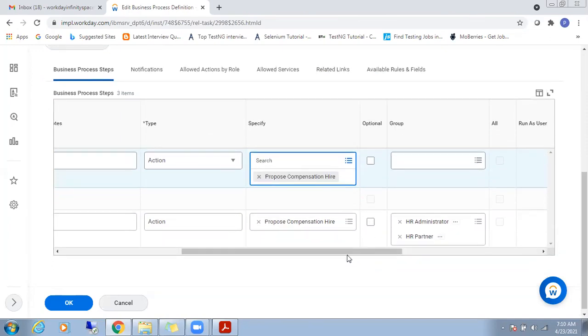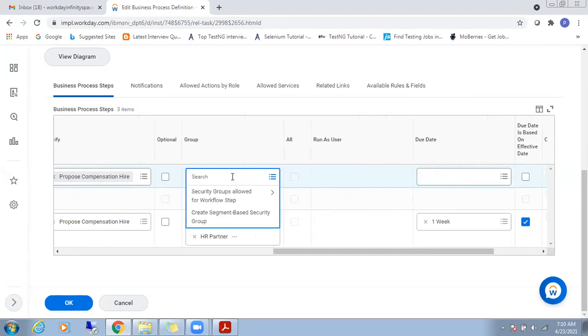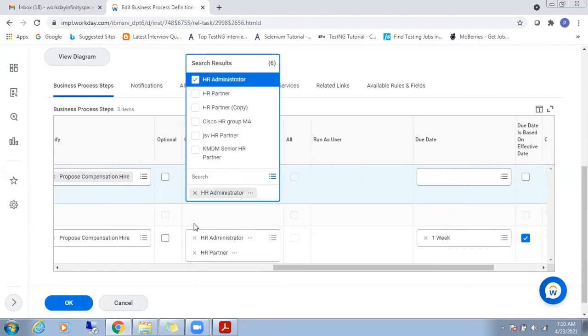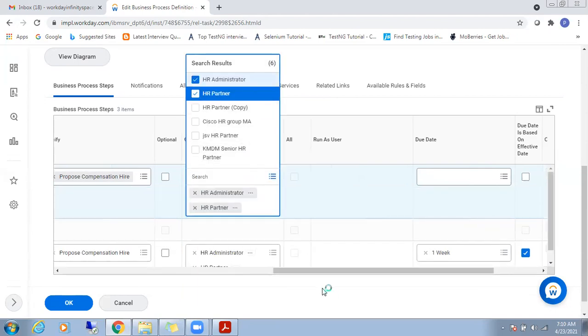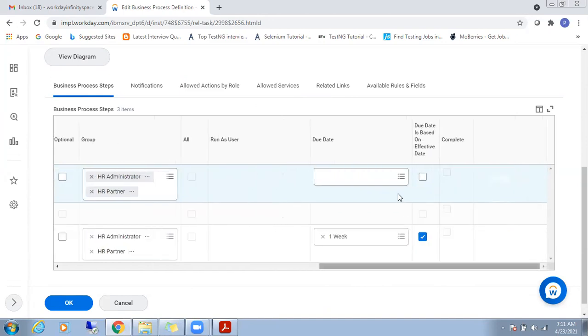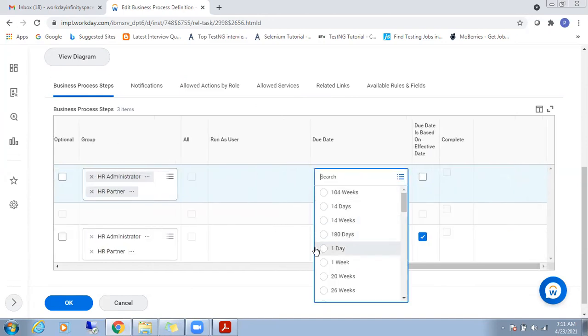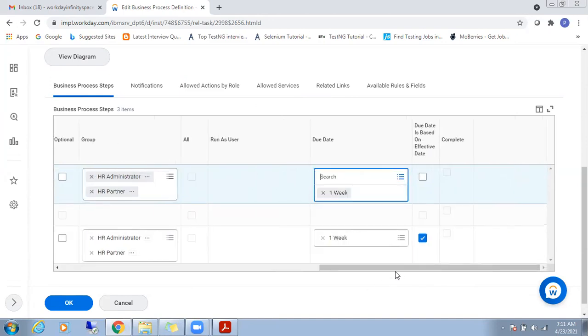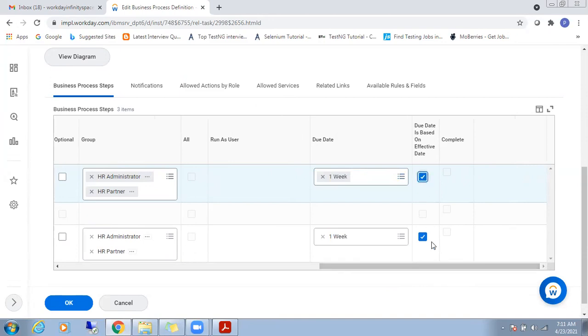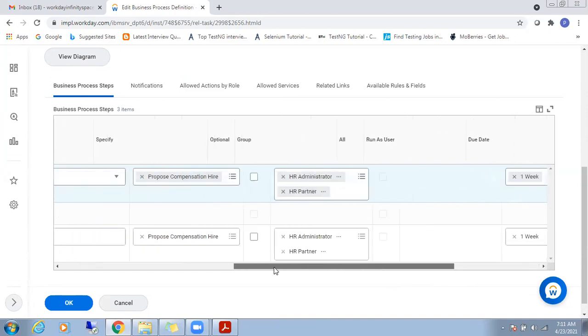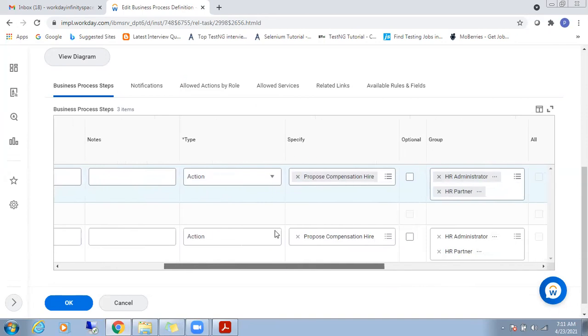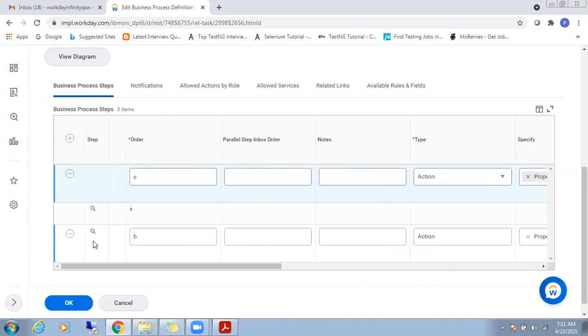Proposed compensation hire, so HR. Let's take a due date of 1 week. The due date is based on the effective date. There are two duplicate steps here. Can you see? Yes. Okay, let it be. I am creating it intentionally.